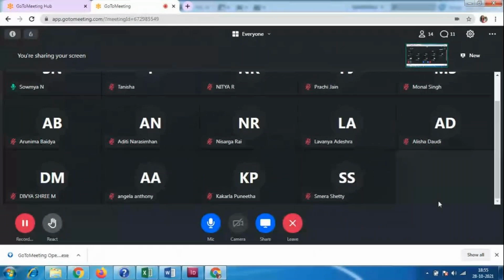Tanisha, Divyashriyam, what is the Alisha Daudi? Alisha Daudi, you are not attending classes regularly. You are attending only some 3 to 4 classes. Maybe this is the third or fourth class. Alisha, reply to me.